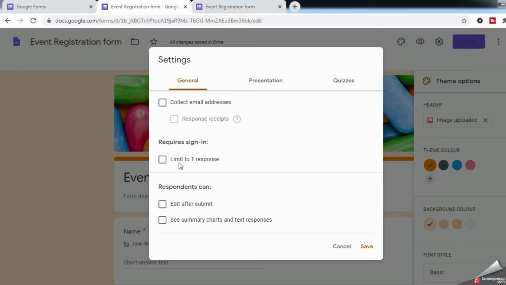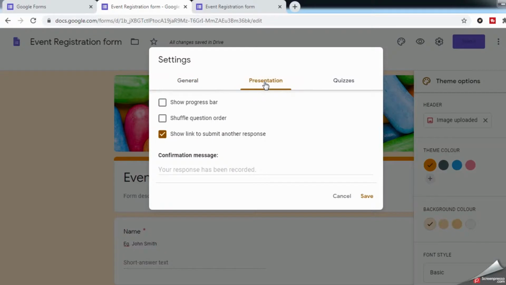You can also click over here, edit after, so it's as per your requirement. Presentation, so this is show link, confirmation message. You can edit, your response has been recorded. So you can type thank you on your own, and just save.